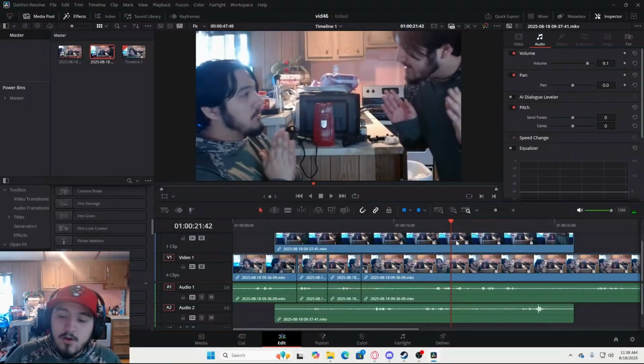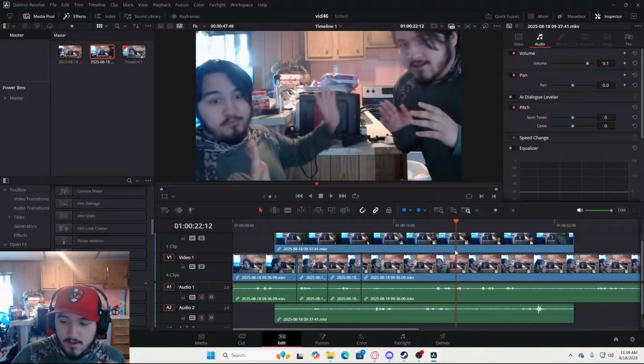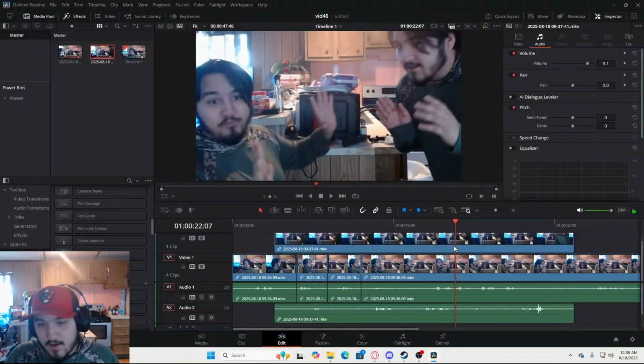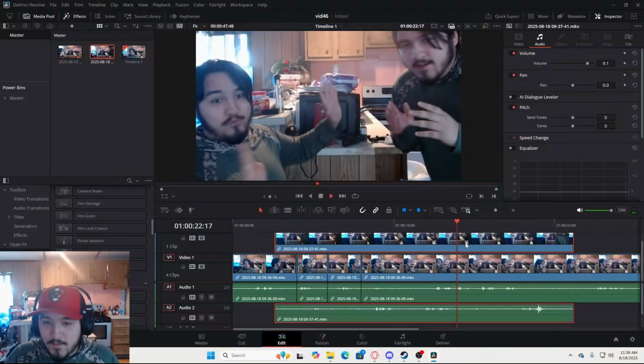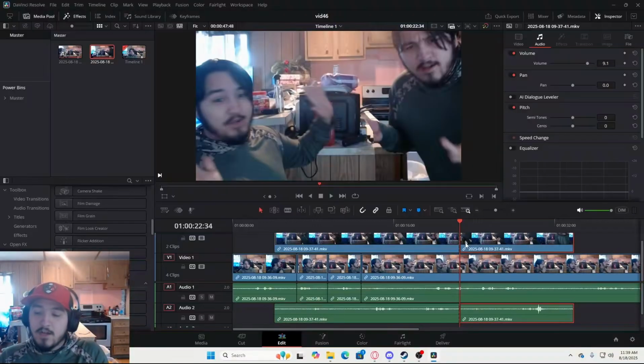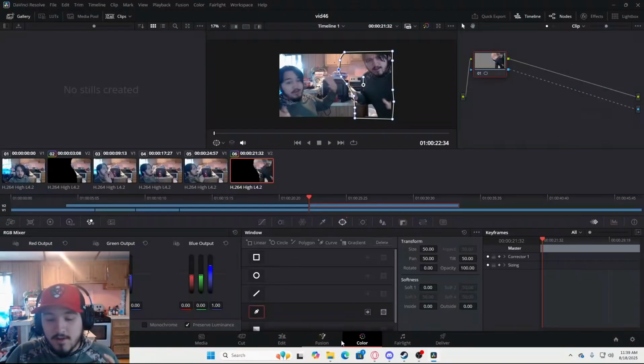Alright, so right here, you want to fix this mask. So what do you want to do? Okay, so right here, what you're gonna want to do is Control B. Remember to select the area that you want to cut, and select the video that's after the playhead, and go back into the color tab, and just work around the